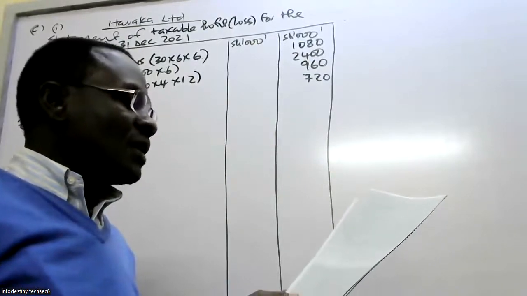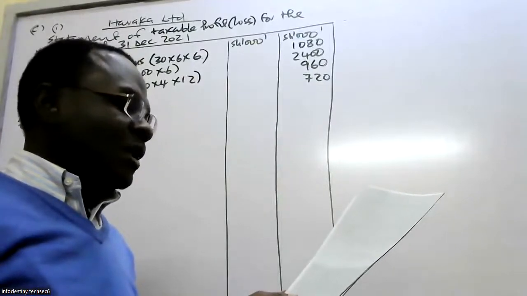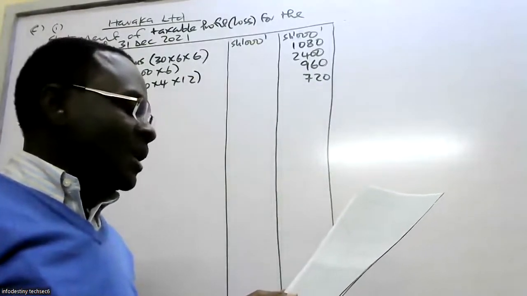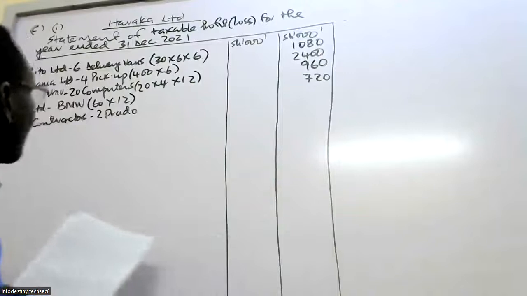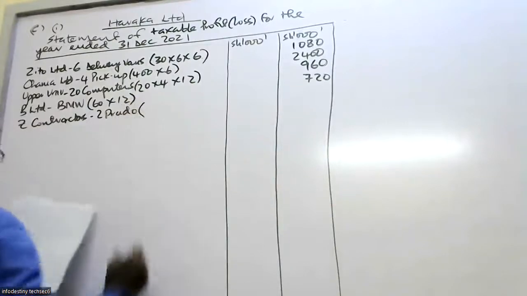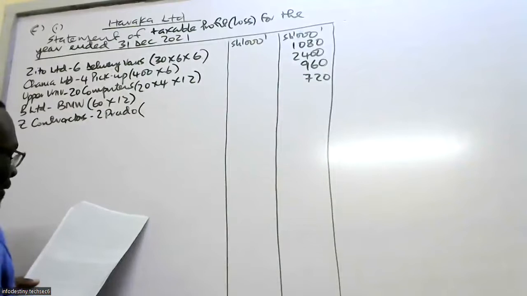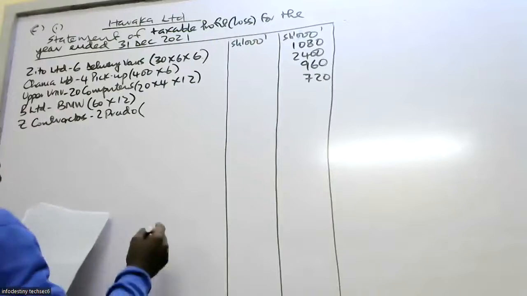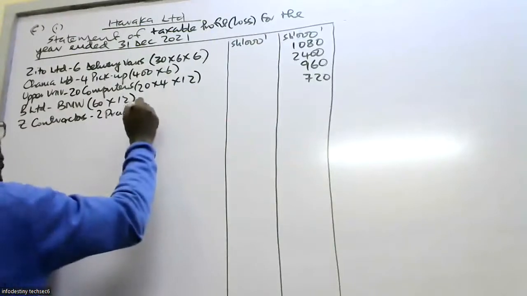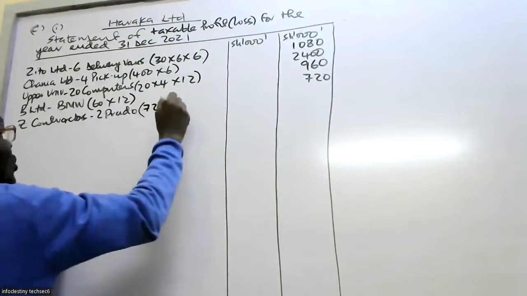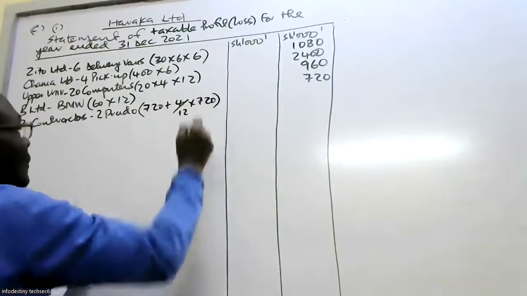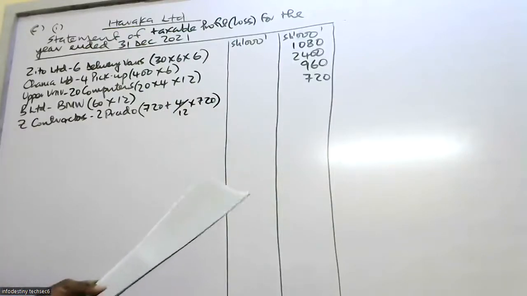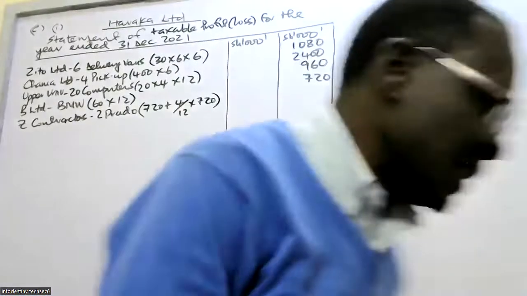The lease contract for one vehicle was cancelled in June after Z Contractors failed to pay lease charges for only 4 months. So there are 2 vehicles, and one of them will have to be apportioned. So half is 720. So one will be 720 in full. The other one covers 4 months: they have paid 4 months over 12 times 720. So they've only paid installments for 4 months.